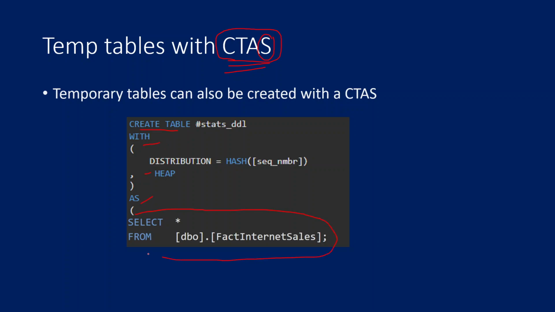Whatever the result of this select query, with the help of that result, a new table will be created. Using this same CTAS syntax, you can now create a temporary table as well. And if you closely observe, I am using a hash symbol in the table name. That means I am creating a temporary table on top of the result of this particular select query. Okay. Let's see this practically.